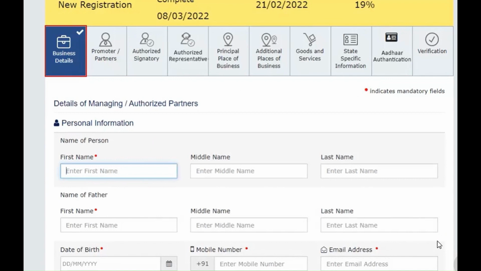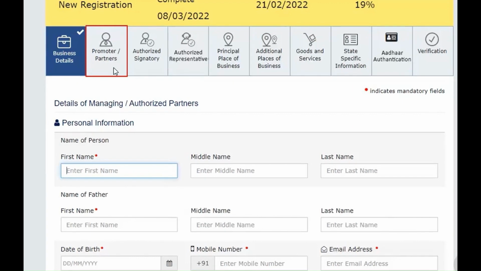Notice that the Business Details section color has now changed to blue and also has a check mark on it indicating the section is filled with all the required information. You can now navigate to any section of the application and start filling the information. In the Promoter or Partners section,